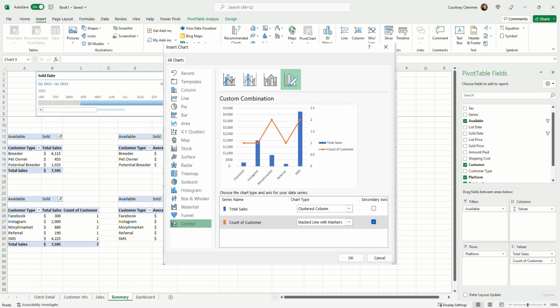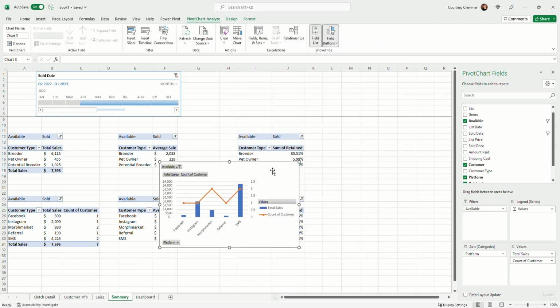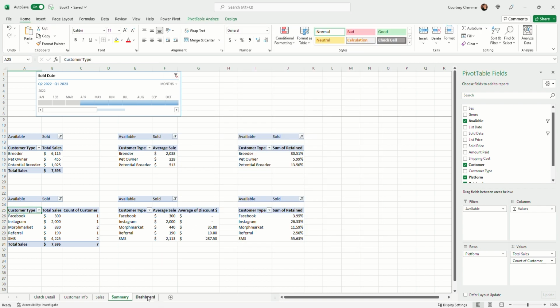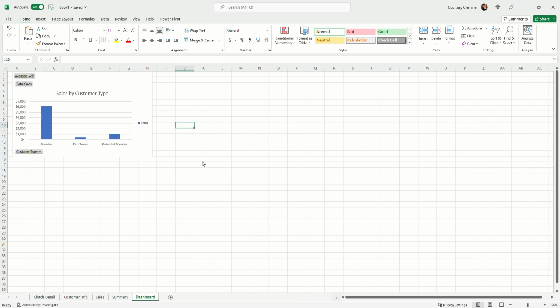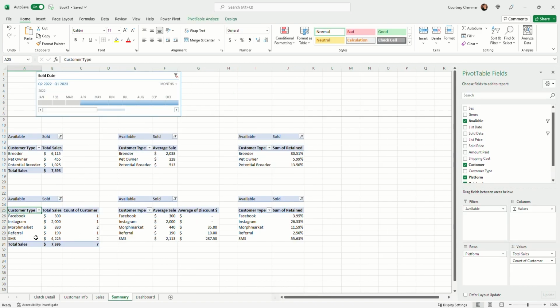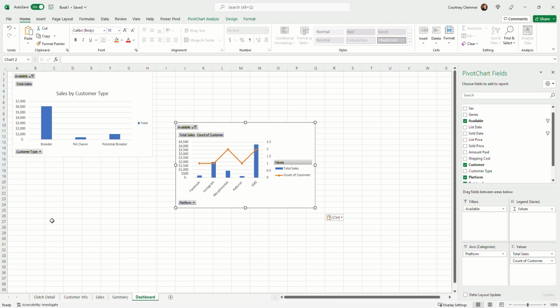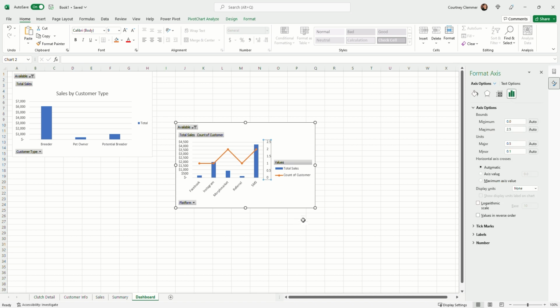So I've got my chart. I'm going to cut and paste it over here. And anything you make here will affect, because this is running off of that table. So one thing is, we're never going to have half of a customer, but we will hopefully have more than 3 at some point. So I'm going to format this axis over here,